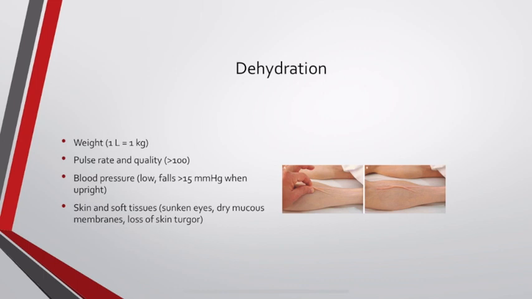Blood pressure. You can measure someone's blood pressure when they're sitting down when they come into your office, but you can also do it in a laying down position, a seated position, and a standing position. This is called taking orthostatic vital signs, taking an orthostatic blood pressure. So when it falls by more than 15 millimeters of mercury, 15 points in the top number, when they're upright, typically you lay them down, you measure a blood pressure, then you sit them up and leave them that way for a few minutes, usually 3 minutes, then you measure the blood pressure again. If it's more than 15 points lower for the systolic or top number,